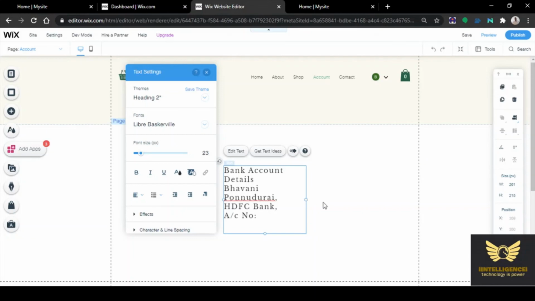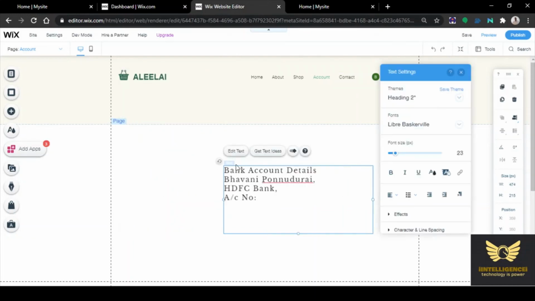You can also provide Google Pay. For that, you just need to provide only your mobile number.